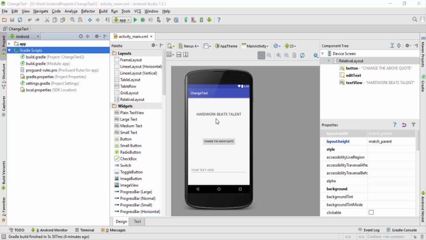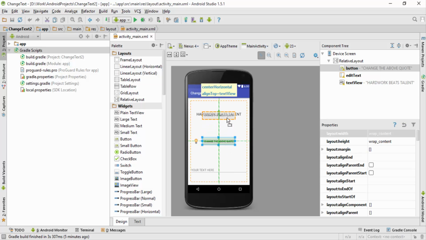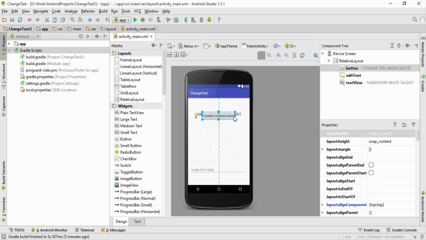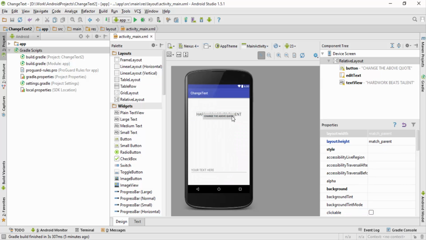But as the components inside the application keep on increasing, arranging all the components properly inside the relative layout can become a tedious task. Similarly, by mistake, if you drag any component on top of the other component, like, as you can see, I have dragged this button component on top of the text view, rearranging these components can become a tedious task.